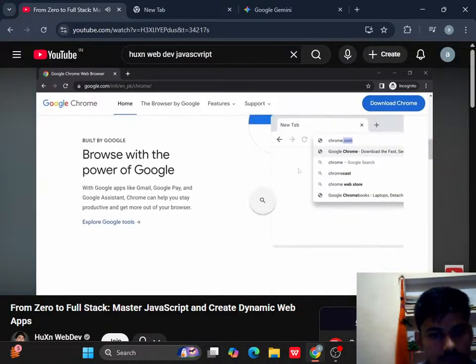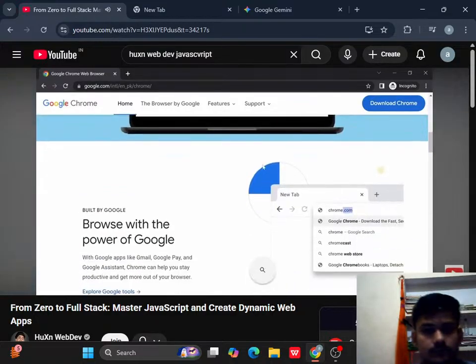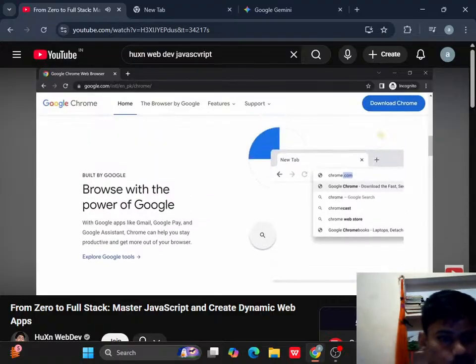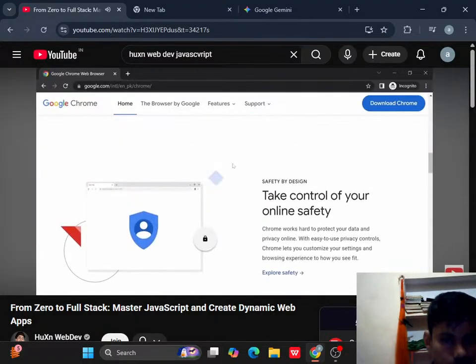You can even remove this stuff from here. Let's just right click on it, or you know what, what can we do with that? Let's just remove this